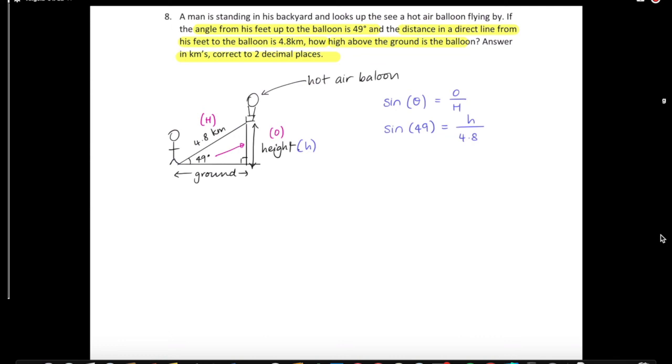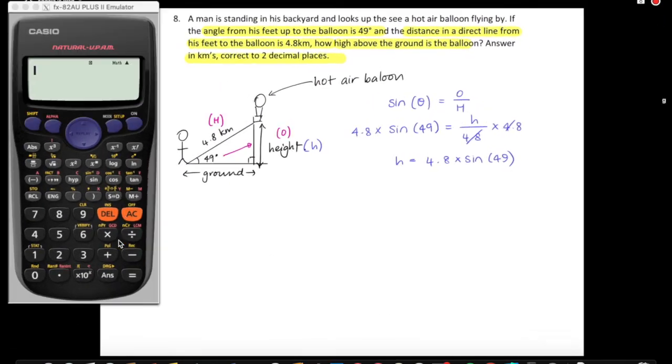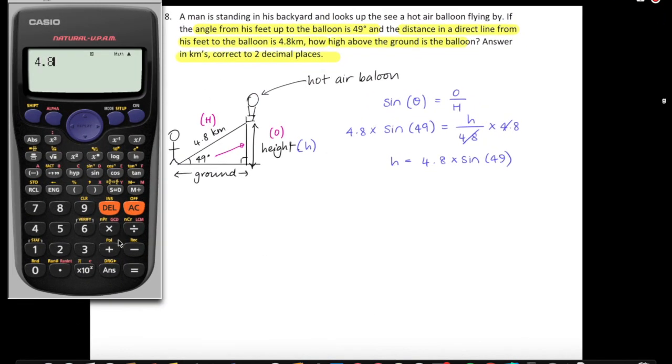Now what I need to do is obviously move that 4.8 to the other side so that I can solve for h. Given that it's divided by 4.8, I'm going to multiply to get rid of it. So if I do that to the right hand side, I need to multiply the left hand side by 4.8. That leaves me with h is equal to 4.8 times sine of 49 degrees. Now just pulling out my calculator, let's type that in. So 4.8 times sine of 49 degrees, that's going to give me a height of